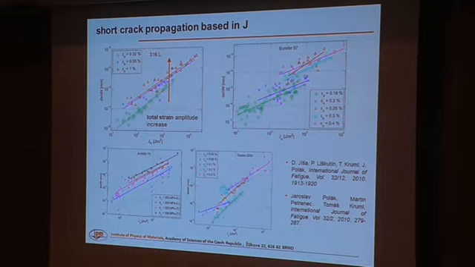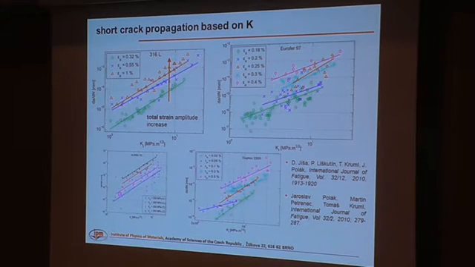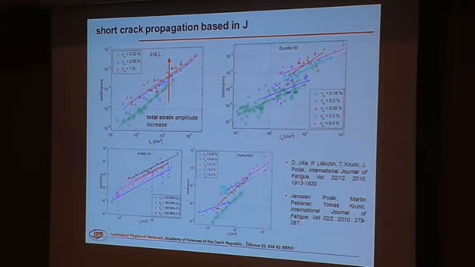And we describe the fatigue crack growth rates for all materials using the J integral value. And you can see that it's better in comparison with the stress intensity factor, but it's still not really perfect. There is still this dependence on total strain amplitude. Always the highest strain amplitude is really up, and there is a big scatter of the results. So